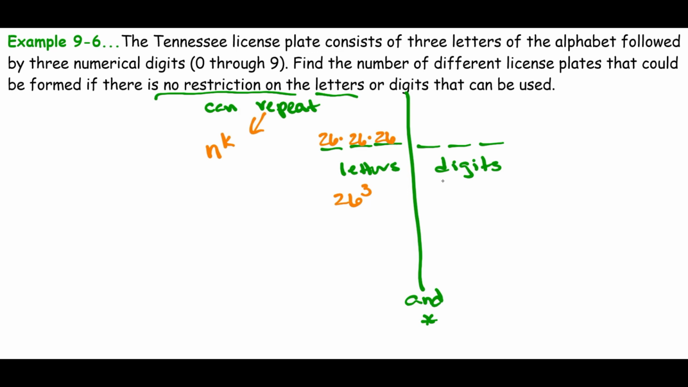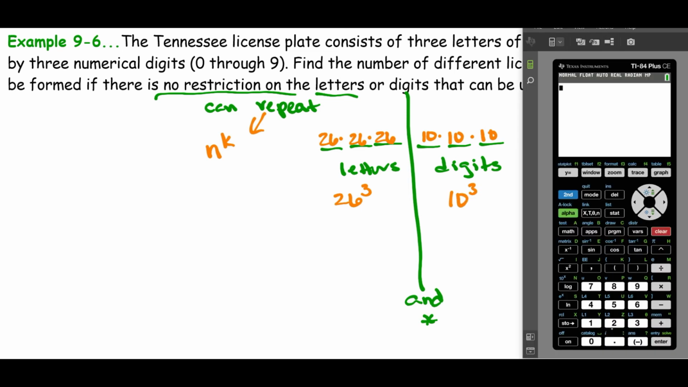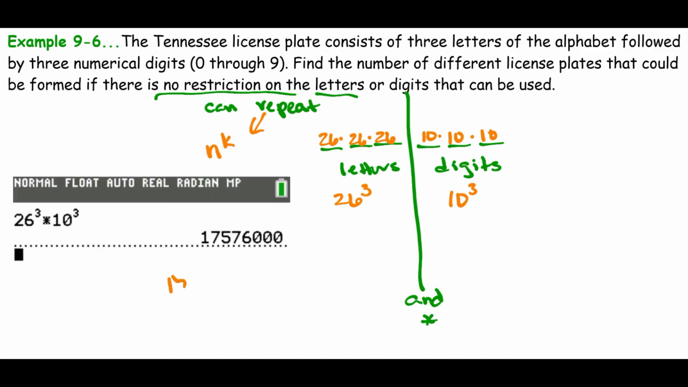So over here with the digits, we're going to do the same thing. There are 10 digits to choose from, and I'm going to make that choice 3 times because we can repeat. So this would just be 10 to the third again. So then we can go to the calculator, and we're going to do 26 to the third times 10 to the third. And we get